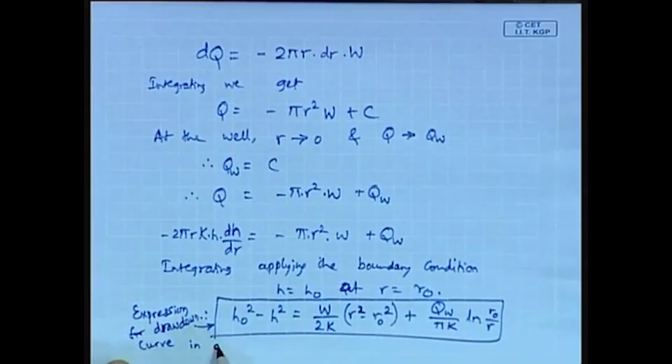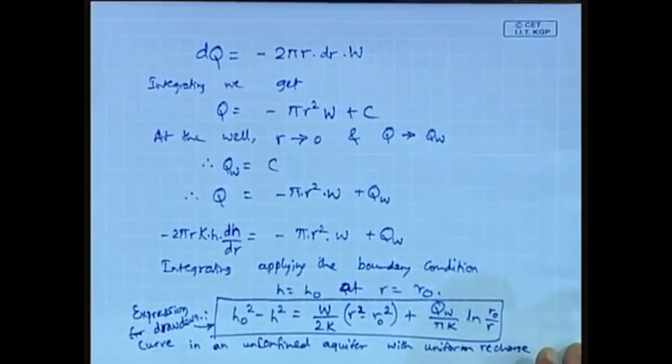In an unconfined aquifer with uniform recharge. Okay. So, if we know the value of the depth of water above the lower impervious layer, the uniform rate of recharge, hydraulic conductivity, and the radius of influence R0, QW, which is the steady flow through this well fully penetrating the unconfined aquifer. So, in that case, this will be the expression for the drawdown,